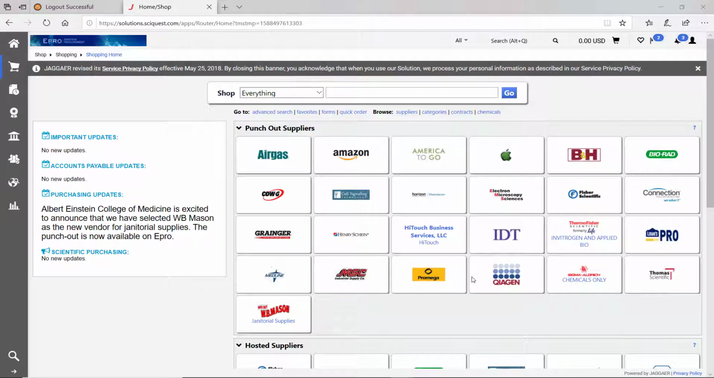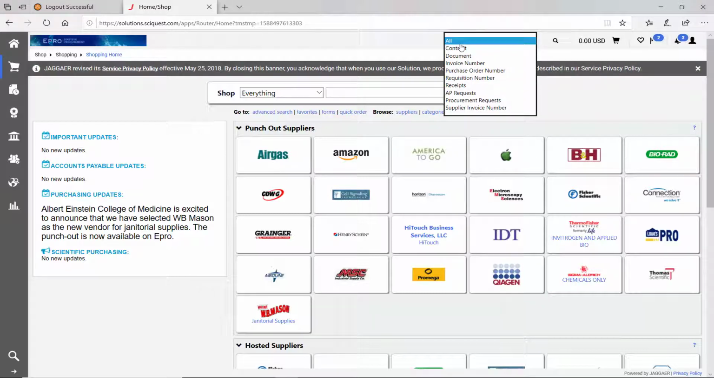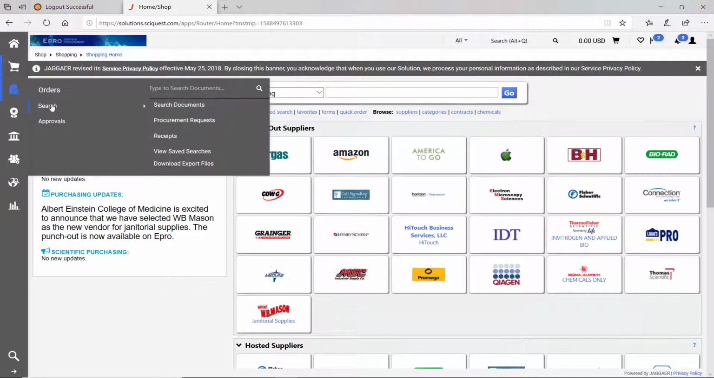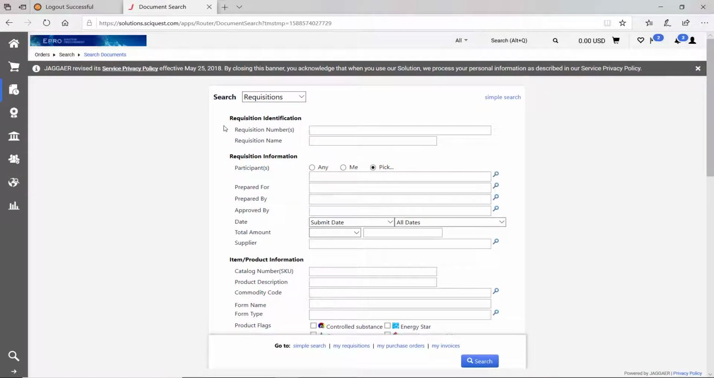Okay, now that we are in ePro, there are two places I can search for documents. One being the top, there is a search bar, and to the left there's a drop down where I can specify the type of document I would like to search for, or my favorite method, on the left hand side, the third icon with the clock hovering over the paper. If I hover over that and click search and then search documents, it will take me to the in-depth document